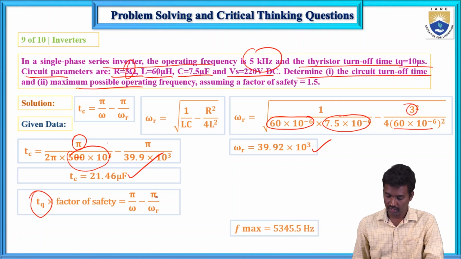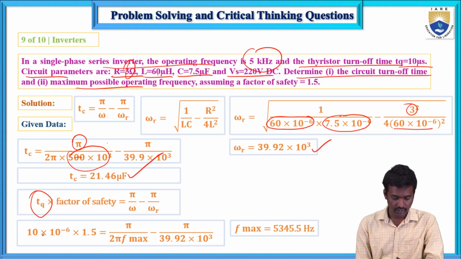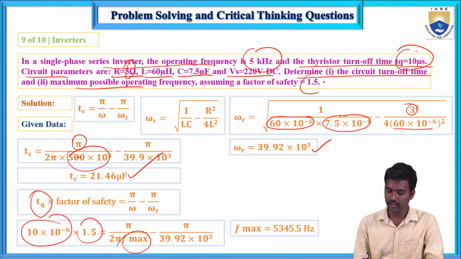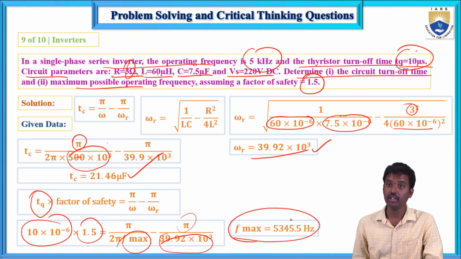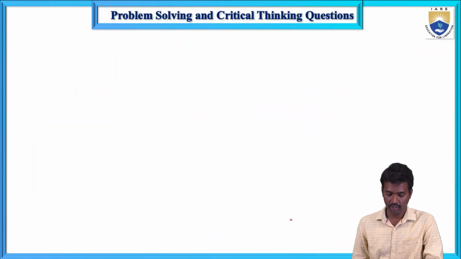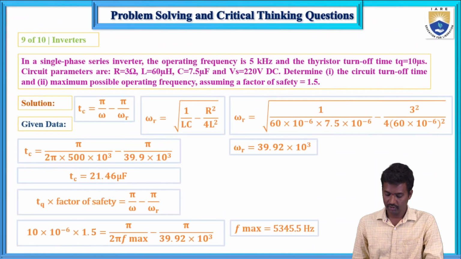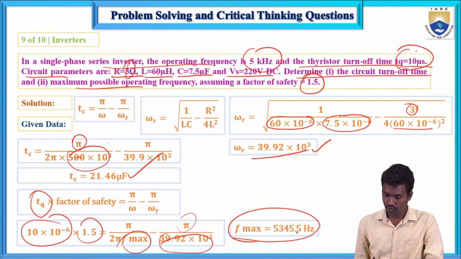So now this value equals, pi by omega means 2 pi into fmax, and 10 into 10 power minus 6, that is 10 microseconds, into safety factor 1.5, and pi by omega r. So from this you can calculate the f maximum, that value equals 5345.5 hertz,